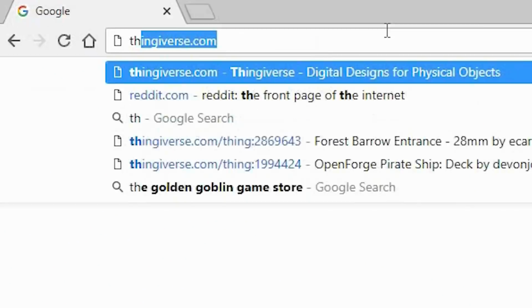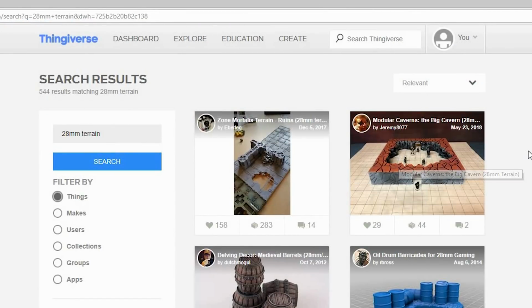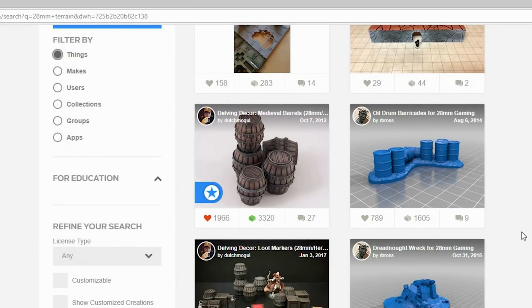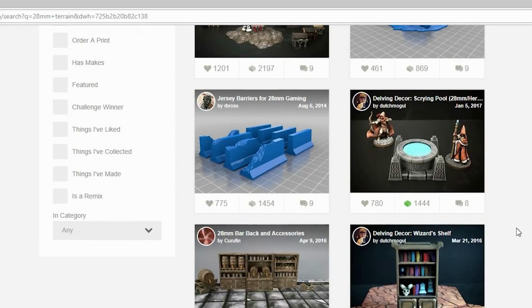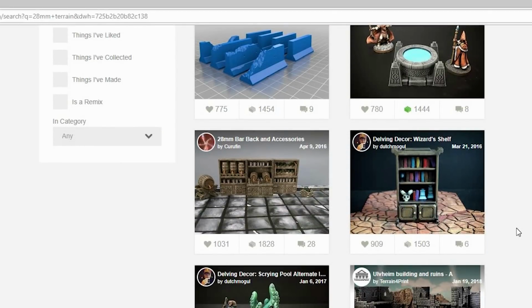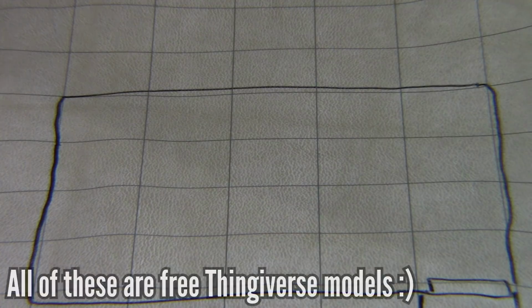Let's do this. We start by finding our model. Often when I'm looking for terrain, the first place I always start is a website called Thingiverse. Now, all of the models on Thingiverse are free, and anyone can upload their own designs here. As a result, Thingiverse has something of a reputation for having mixed quality models. But as far as sheer quantity of models go, in my opinion, it's by far the best place to go